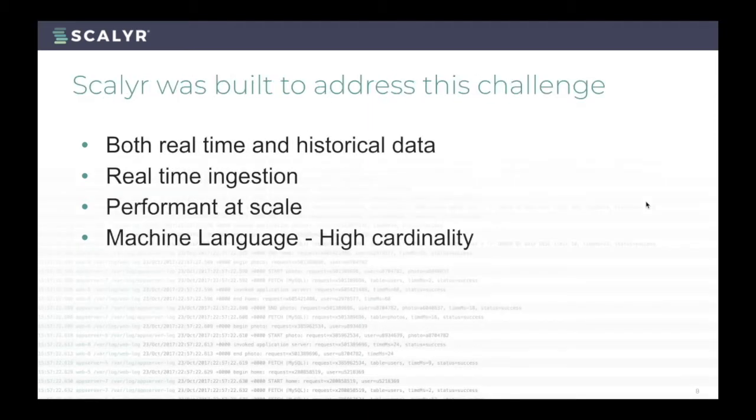but none of these things really match the event data use case. Instead, what we need to be able to do is work both with real-time data as it comes in, as well as look back on historical data. We need real-time ingestion so that data is accessible to us as fast as possible for alerting and tailing and troubleshooting. We want to make sure this performs well at scale,